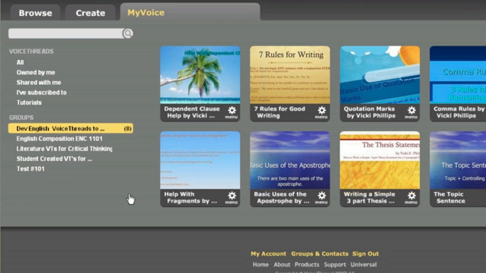I'll give you one more tip about video. I have found some great video clips on Vimeo.com. If you go to Vimeo, there's a way that you can search within their advanced search area for downloadable videos. Those are videos that have been uploaded and shared with a Creative Commons license, and you have the permission to download them, as long as you cite within your VoiceThread where you got it from or who created it.